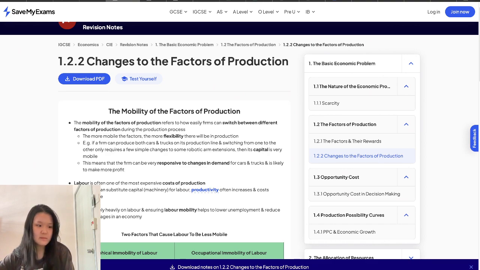So when you are explaining something, right, the best way to do it is to use examples. Like the cars and the trucks, like the one down there, right? Okay, like the examples. So can you use that to explain mobility of factors of production? So like